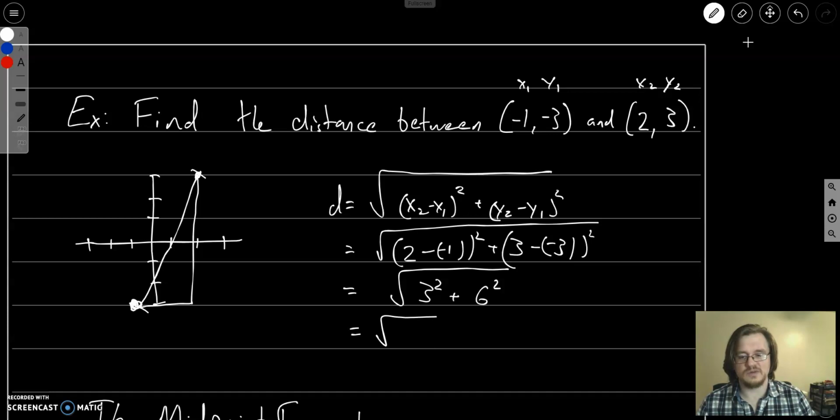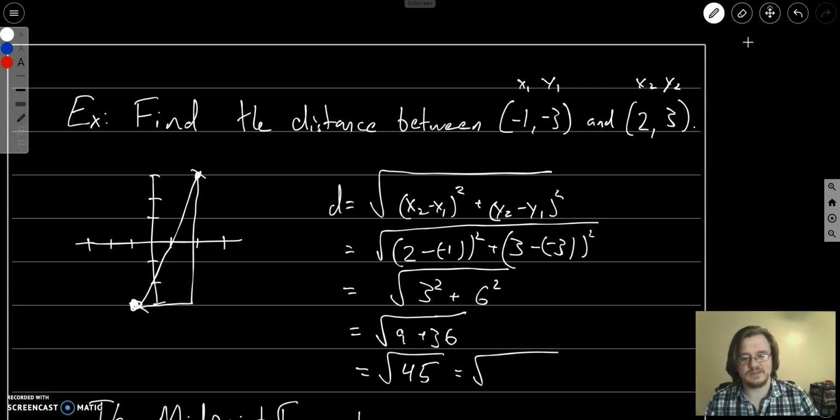This is going to be the square root of 9 plus, and then 6 squared is 36. This is going to be the square root of 45. So this is the distance from this point up to this point. Now I could simplify this a little bit, since 45 is going to be 3 times 3 times 5. This is going to be 3 root 5, if we wanted to simplify that